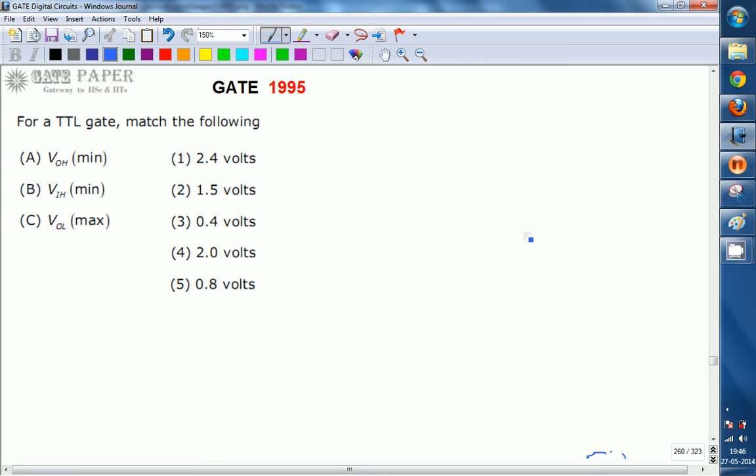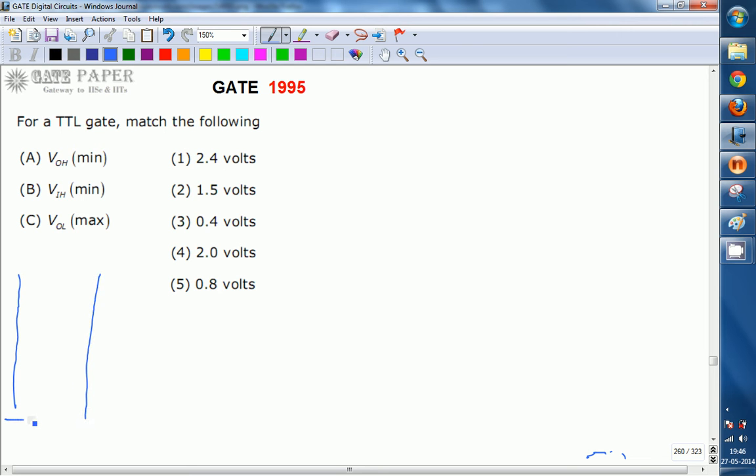And we know that a TTL is a digital circuit that requires a logic 0 and a logic 1. Logic 0 and logic 1 are not single values, they are a range of values. So the range of values for a TTL gate is going to be specified in this way.